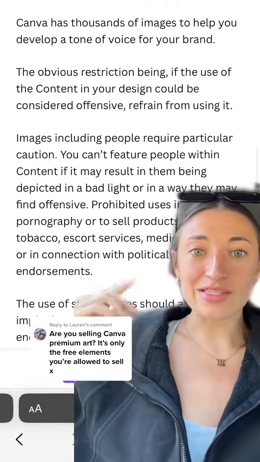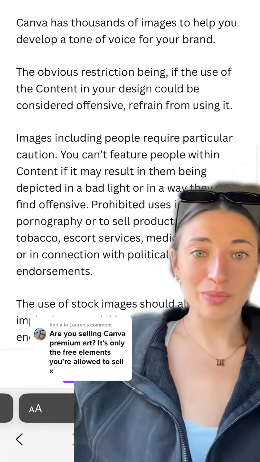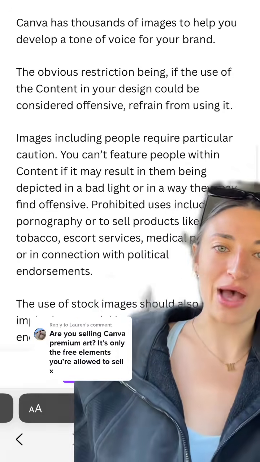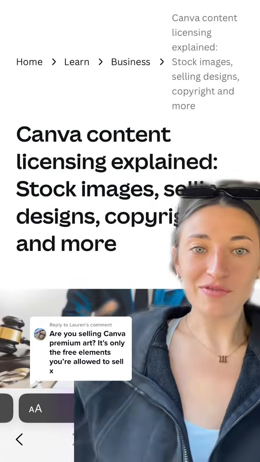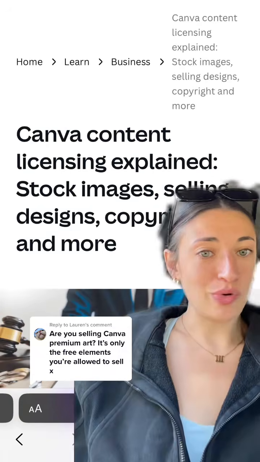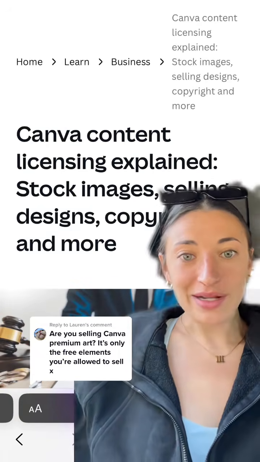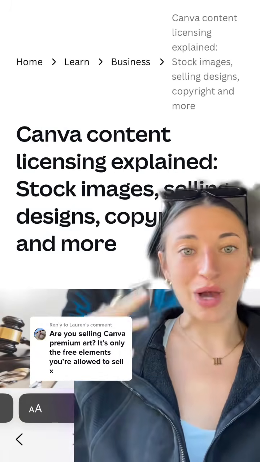created. Another caveat is that you can't sell Canva stock images and use them to promote things that go against their community guidelines, so things like tobacco or escort services. I'm obviously not an attorney, so this is just me pulling content off of Canva's website and their explanation of policies, but I would always recommend reading this yourself and talking with an attorney if you have more concerns about